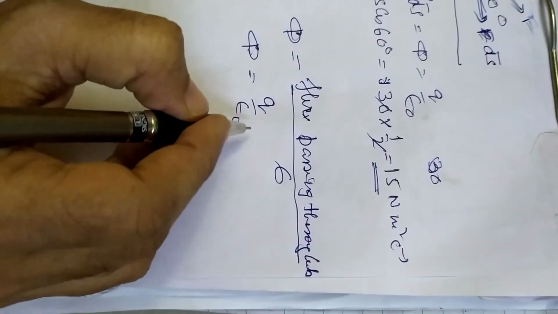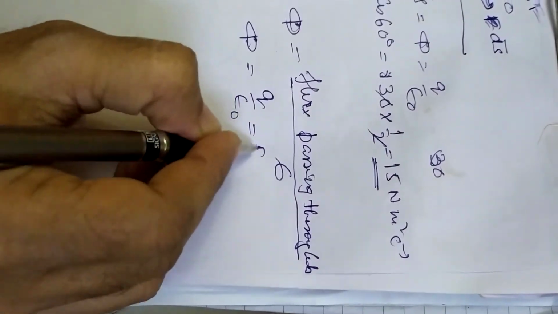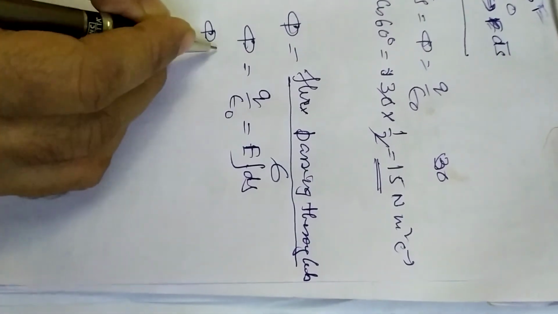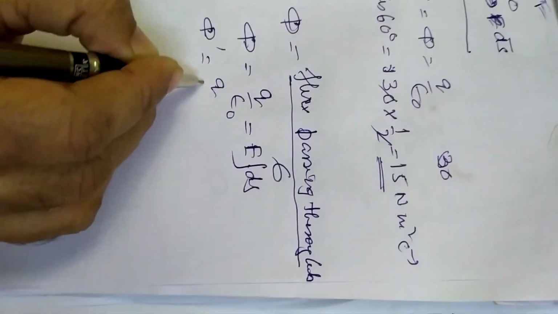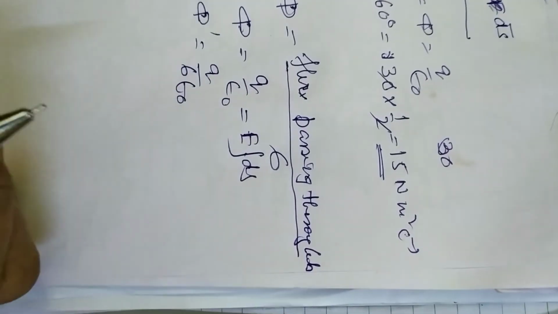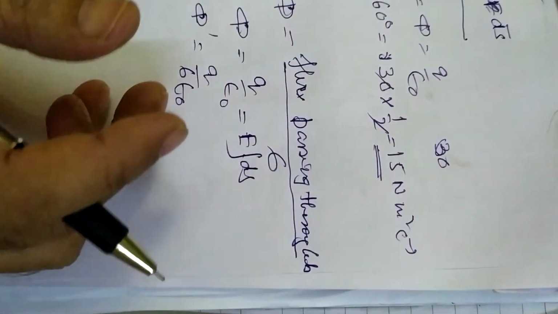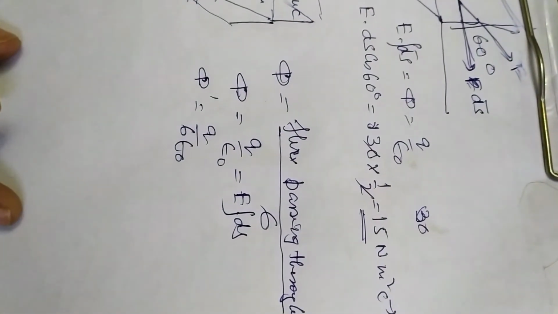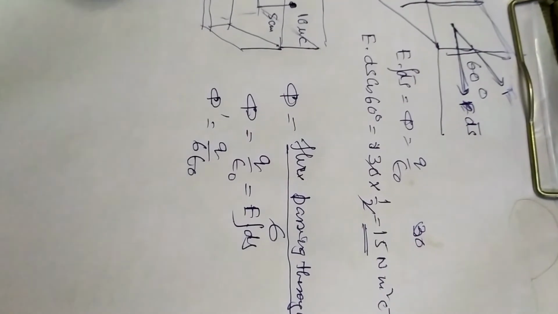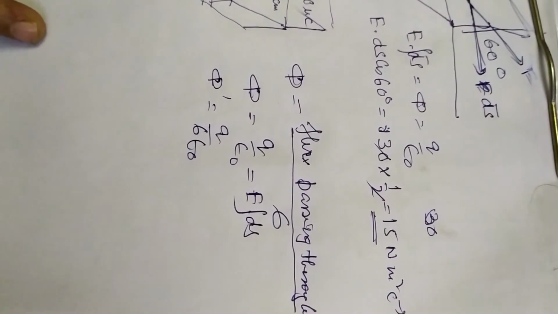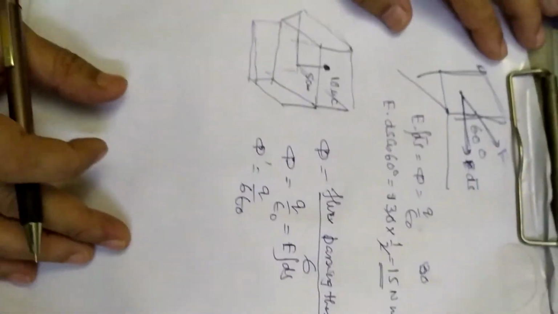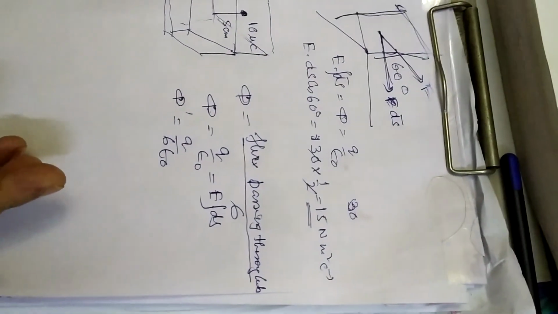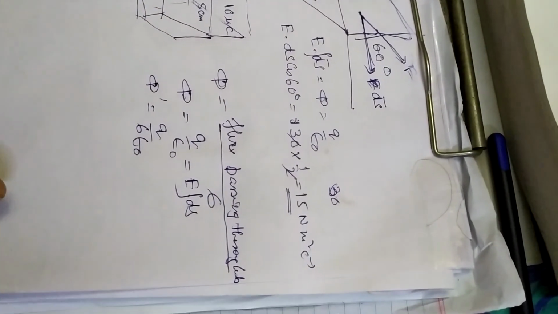It is given by Gauss's theorem, that is the integral of E dot ds. So we write phi dash, the flux from each surface, is equal to q by 6 epsilon 0. In this way we can do this numerical, and we will be doing further numericals next day. We have just learned how the surface is to be drawn, how the field lines are to be taken, and how the vectors are to be used. This is all from NCERT that I have done.